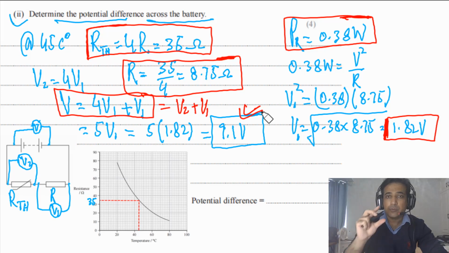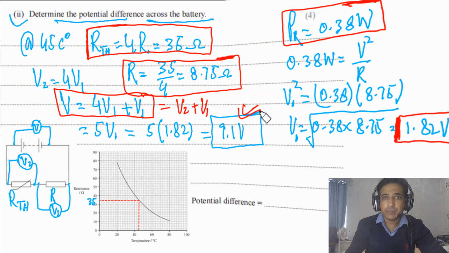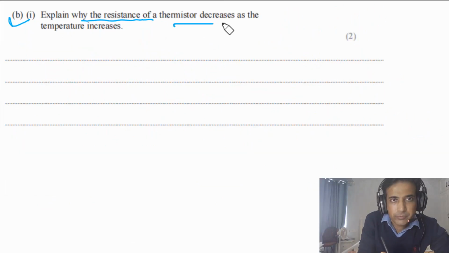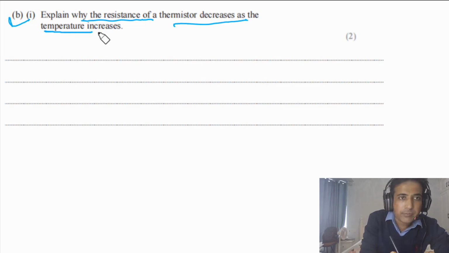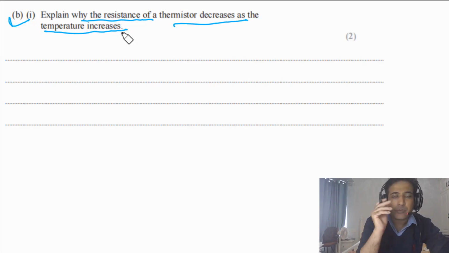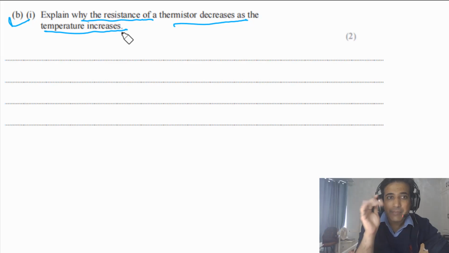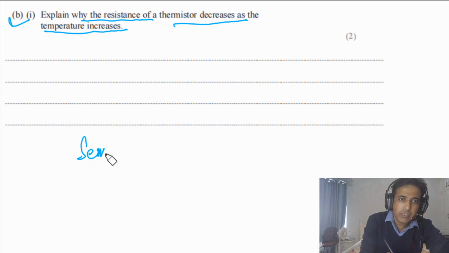So if you do this practice with time, you will be quite good to answer this type of problems. Part B1 says, explain why the resistance of a thermistor decreases as the temperature increases. So we need to understand thermistor is made of semiconductor material. So it is made of